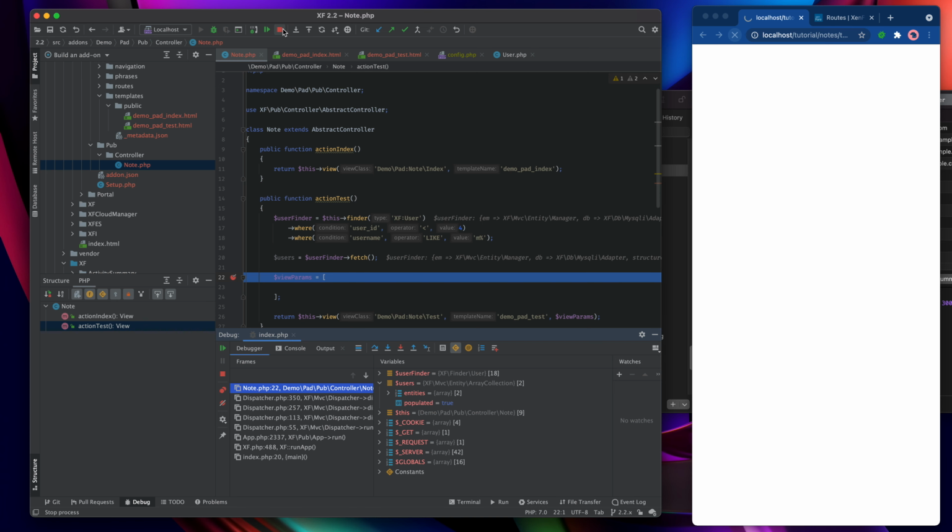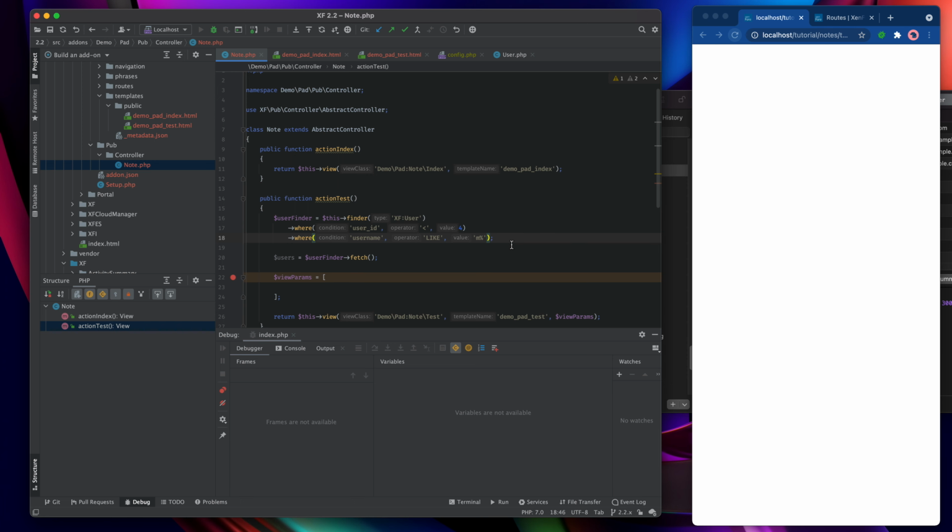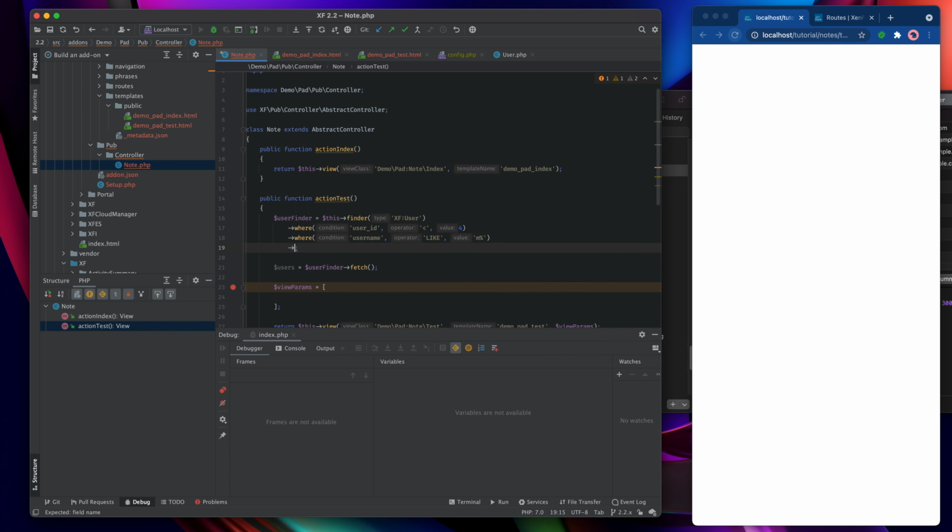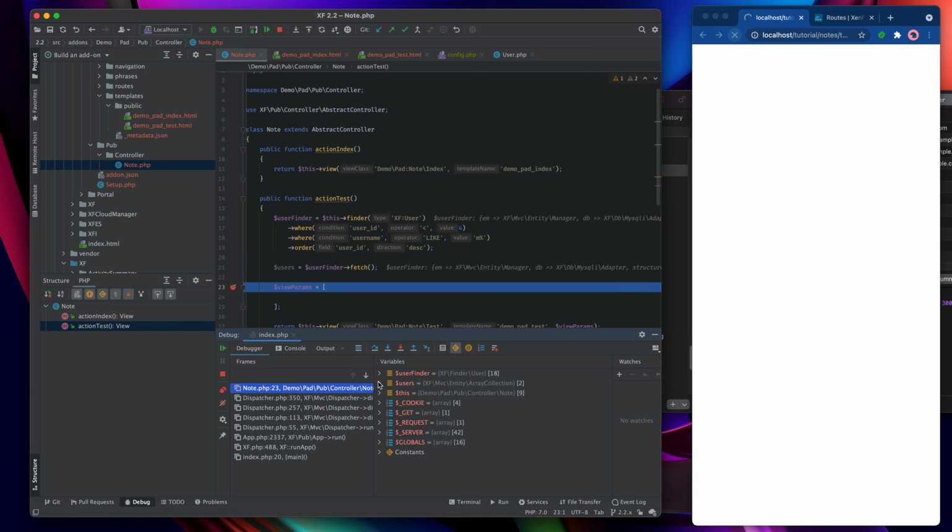Now how about if we wanted to change the order that they're returned in? You can see that the order is 2, 3, so that's in user ID ascending order. Let's change that round. So let's go to the next line here and say order. Which field do we order by? Let's just do something obvious and reorder them in the opposite direction. So order by user ID in descending order. Refresh, and now we should see 3, 2. So you can see that the ordering worked.